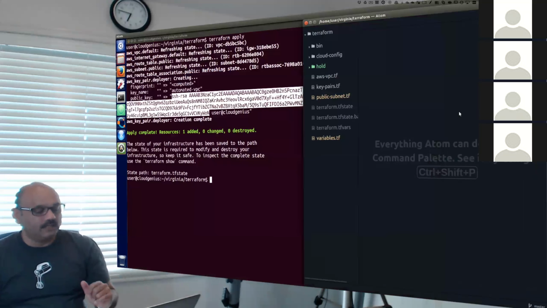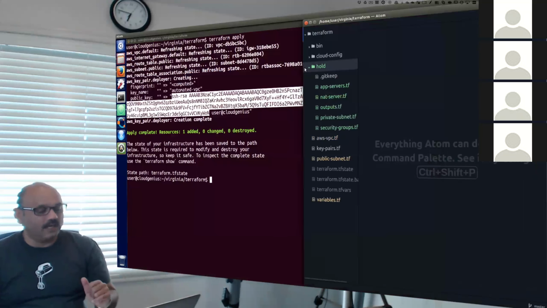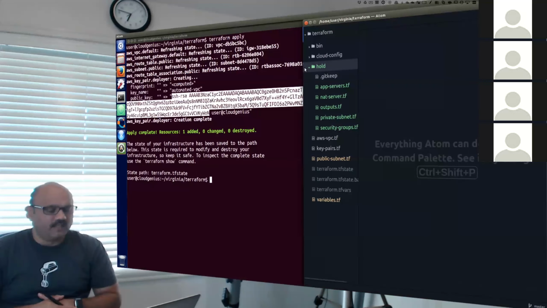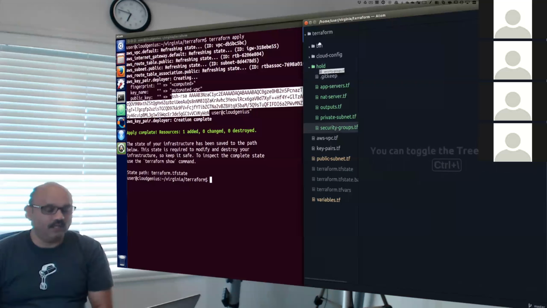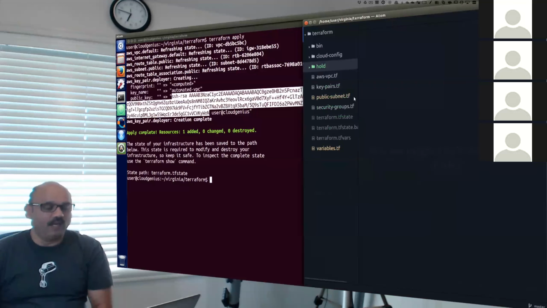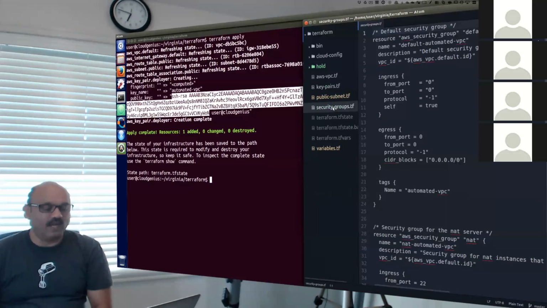And next, let us see other things inside our hold folder. Other interesting things include creating a security group so that we know what ports we need to open and what should be allowed to access what other things. So that's defined in this security groups TF file. I'm going to drag that file out into the main folder like this. So drag it to the Terraform folder, minimize the holding area, and go study our security groups file.